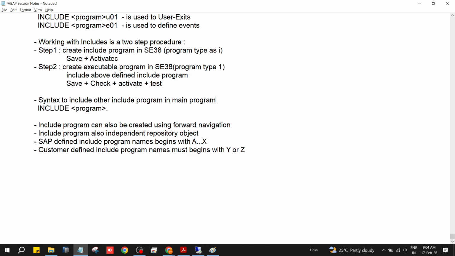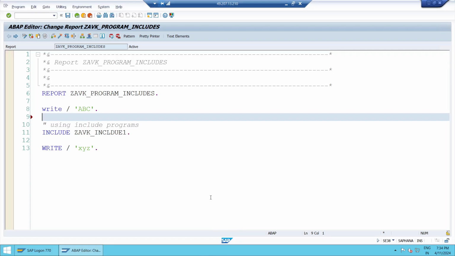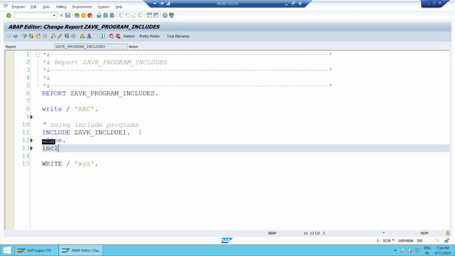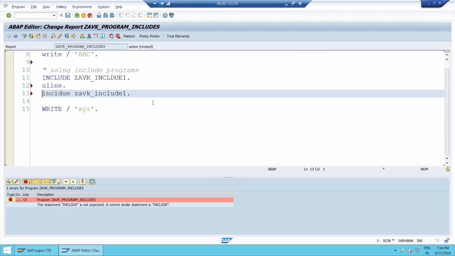So the main program is this. For example, now can I go for another line? Yes. Here can I use the same include? Yes. Check. It is giving an error